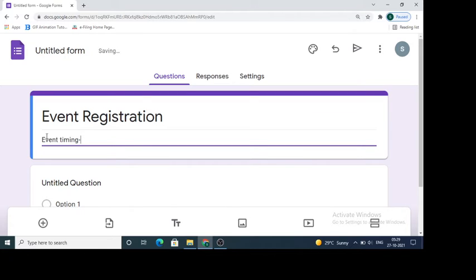Say it is from 22nd October, 29th, from 29 to 30th, 2021.